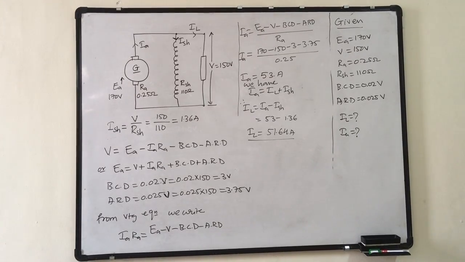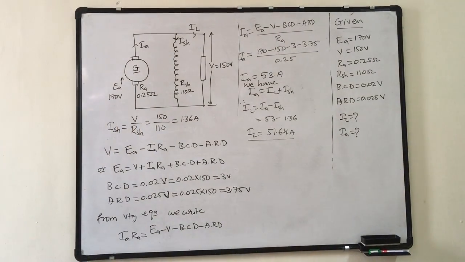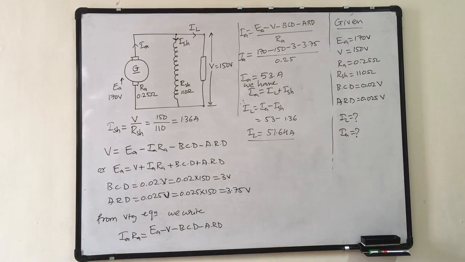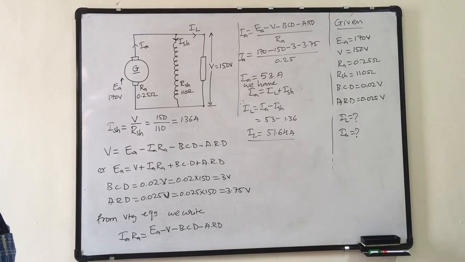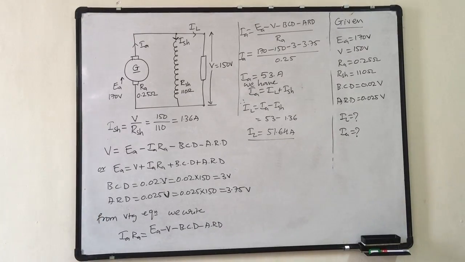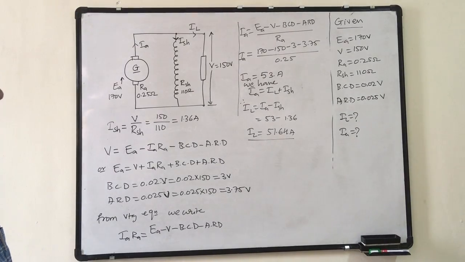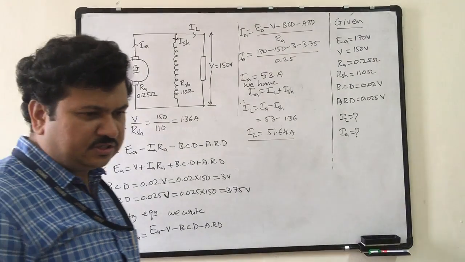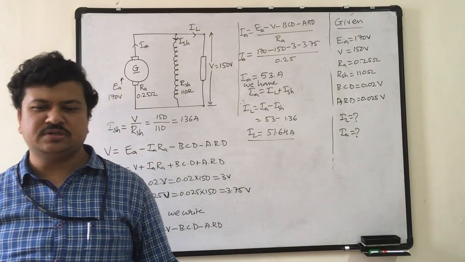So this is how we should go ahead to find the solution. When a numerical statement is received, if the type of generator or machine is mentioned, please first draw the circuit diagram. Once you draw it, automatically you will get to know what things are given and what things are to be calculated. So we'll end this session here with this example. In the next session I will solve a few more examples, then we'll move to the DC motors. Thank you.